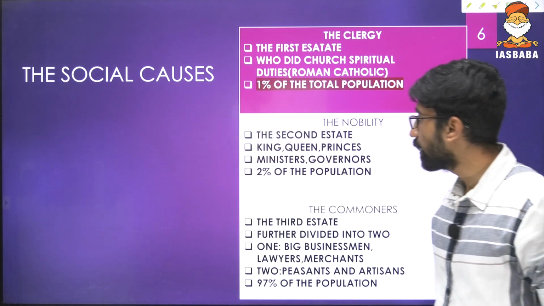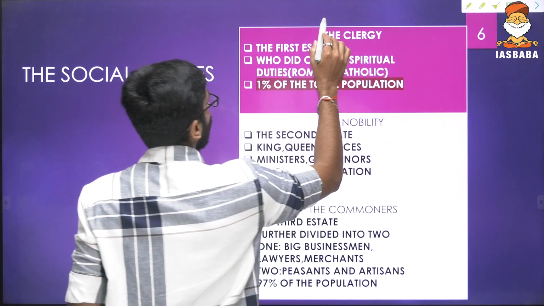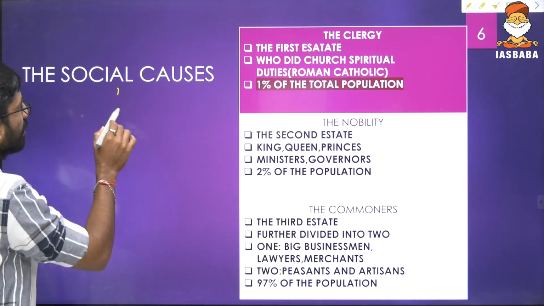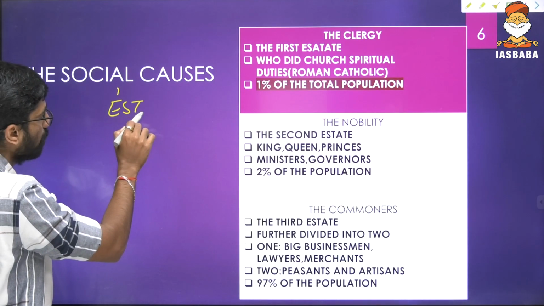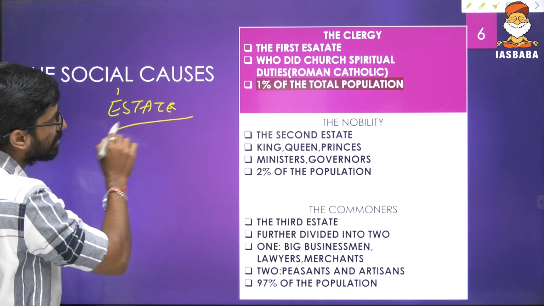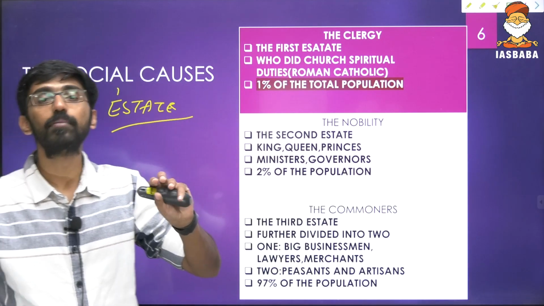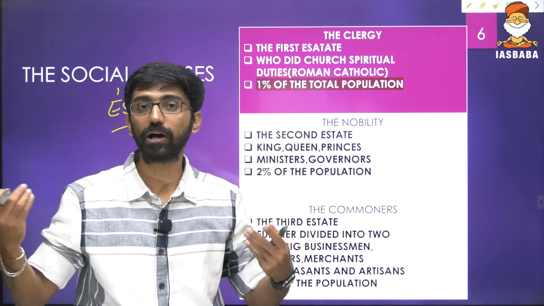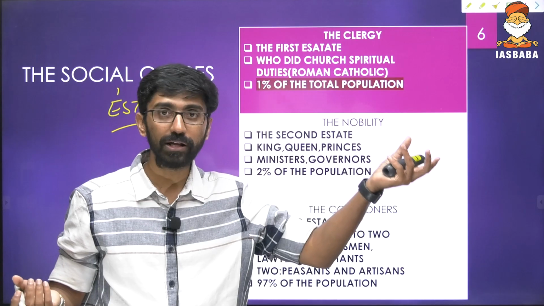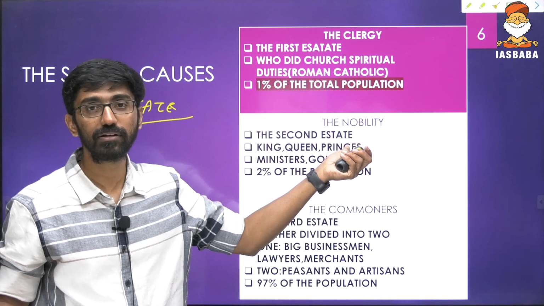That society division we can talk about estates. These were called, we can say, estates. That is the first estate, second estate, and third estate. The first estate is composed of the clergy. Clergies are priestly classes. Like Indian society also had priestly classes, and the ruling classes, the Kshatriyas, we call them as nobles.